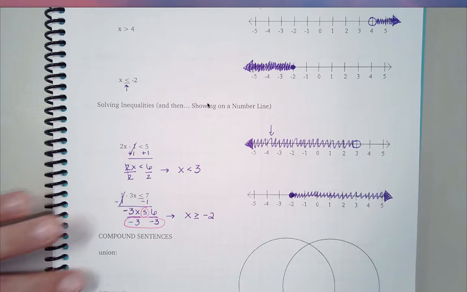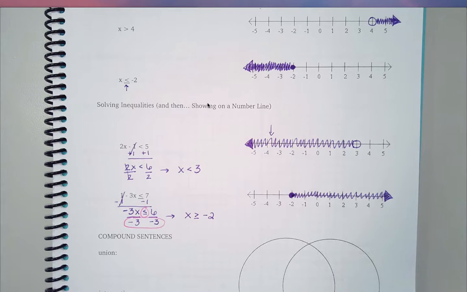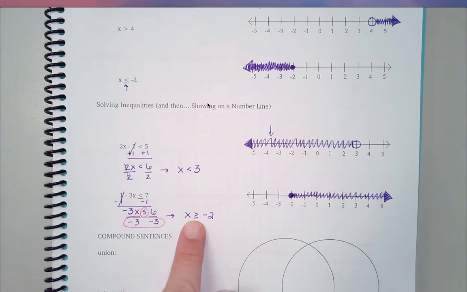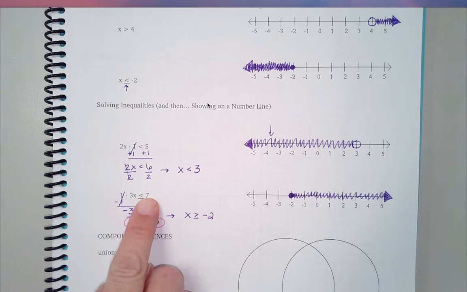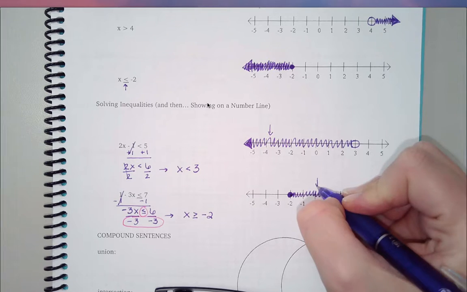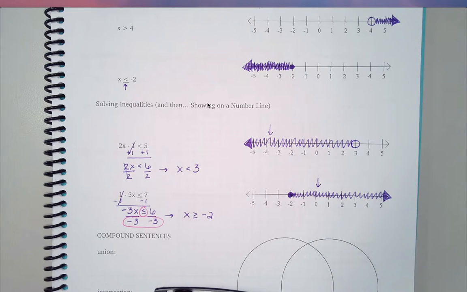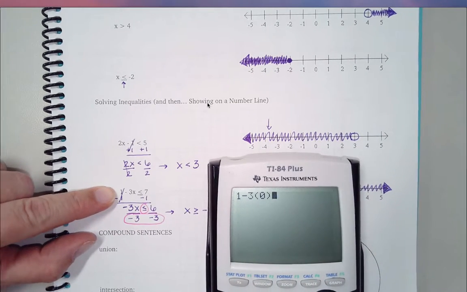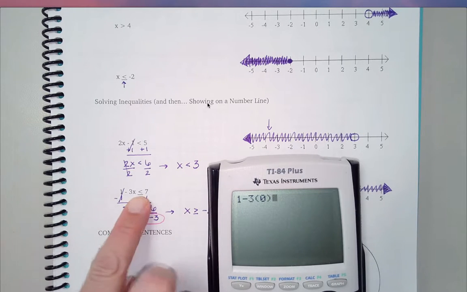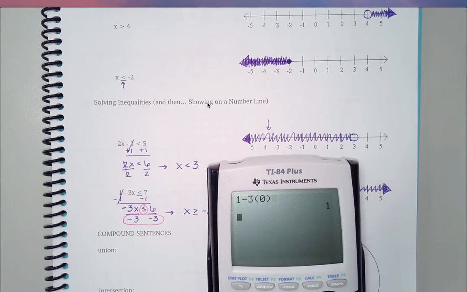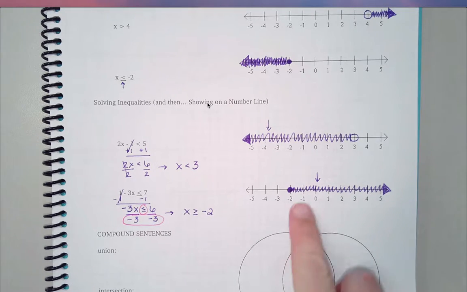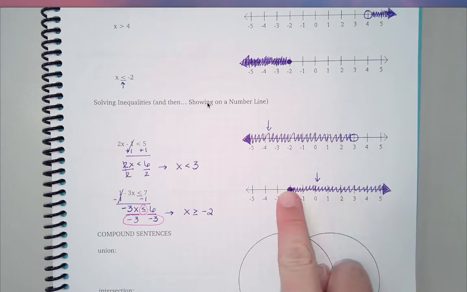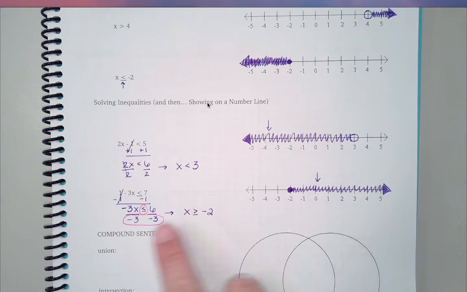Okay? So again, just to verify here, if I pick a number greater than negative 2 and plug it in here, I should get something less than or equal to 7. So let's just pick 0, for example. So if I put a 0 into this function, 1 minus 3 times 0. Oh, you can't see that, sorry. 1 minus 3 times 0. I'm hoping to get something less than or equal to 7. And I do, I get a 1, okay? So that justifies for me that this is the correct way to shade this thing,